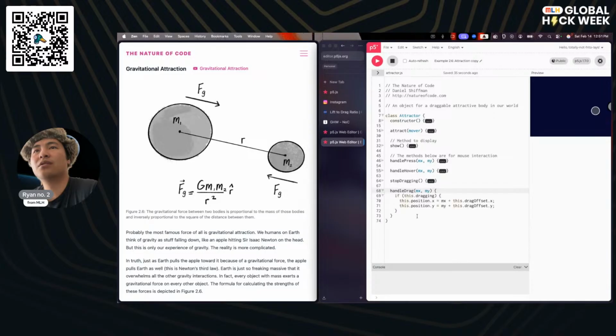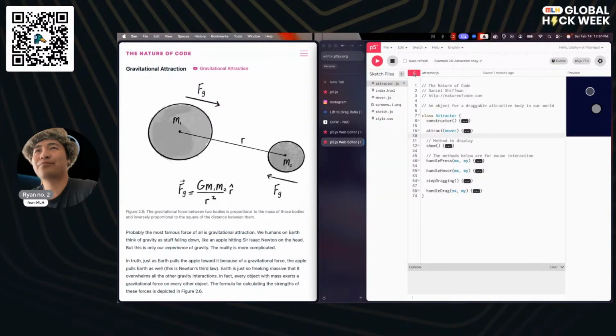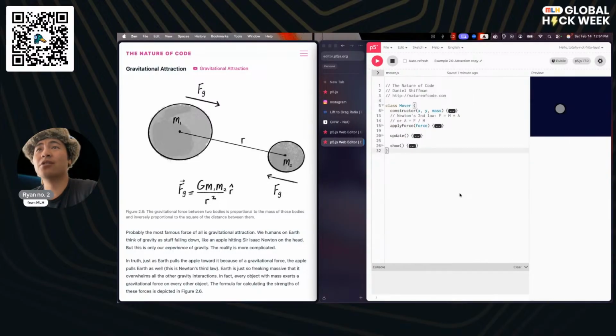None of these actually affect the physics whatsoever, so that's not something we need to worry too much about. It is kind of satisfying to see it run around. Okay, so that is an overview of the code that we're looking at here.